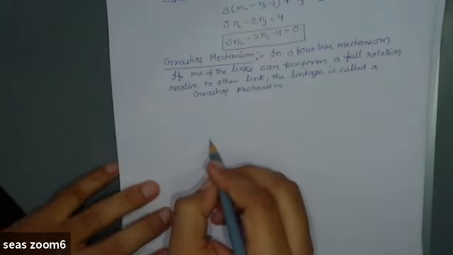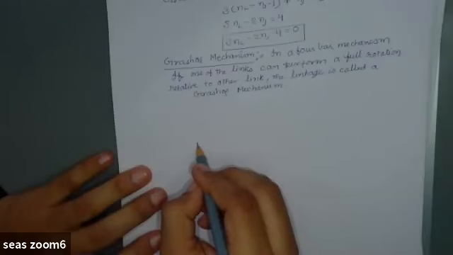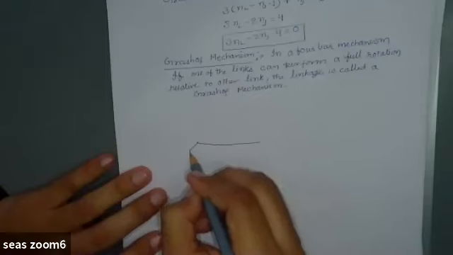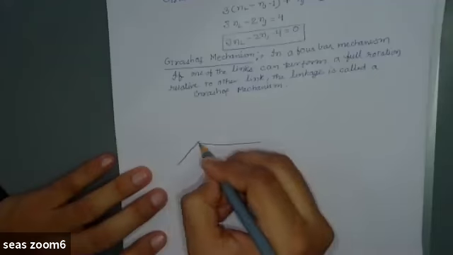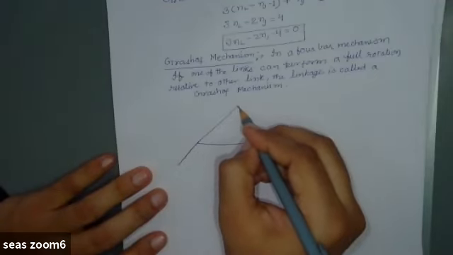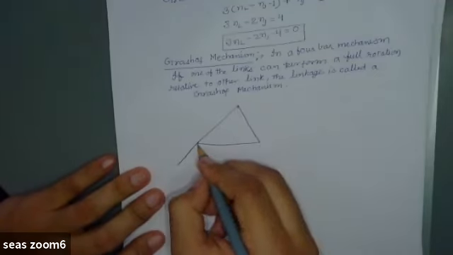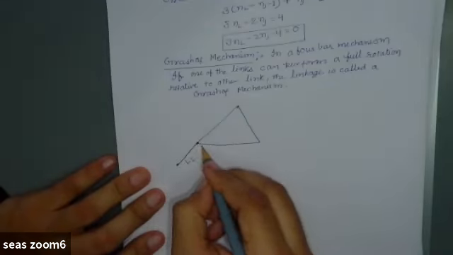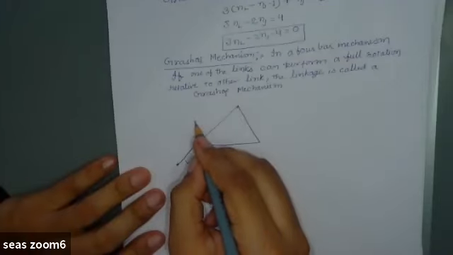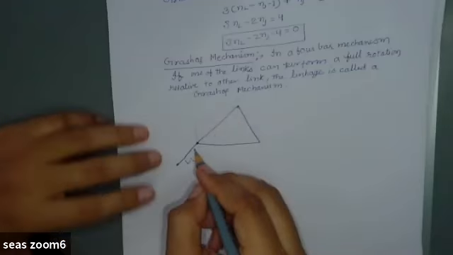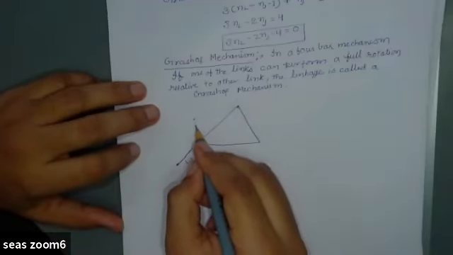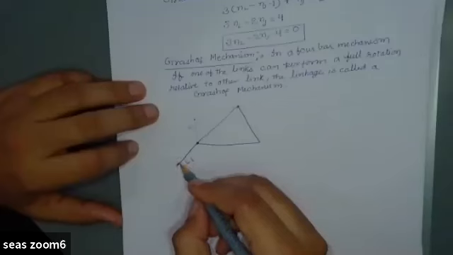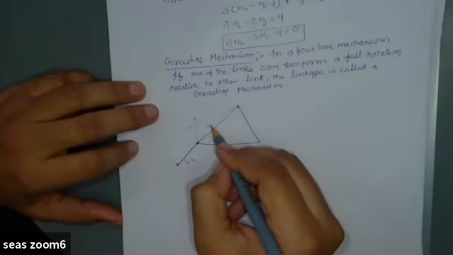So a 4-bar mechanism, let's say here is link 1, that is L1, which earlier was like this, if you remember, and now we have just rotated this link so that it comes to this position. So this is one limiting condition in which link L1 and then link L2,